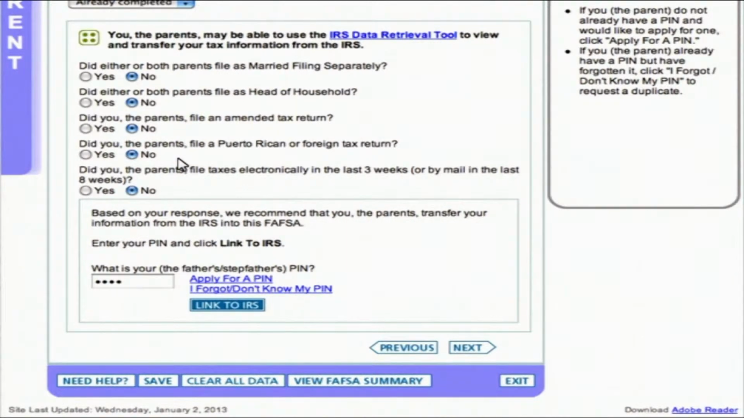link to the IRS. Your IRS data should be available within 1 to 2 weeks of filing your taxes electronically or within 6 to 8 weeks of filing a paper return. We highly recommend that you use this option. The IRS data retrieval tool not only simplifies the application process, but can also minimize the verification documentation GRCC may